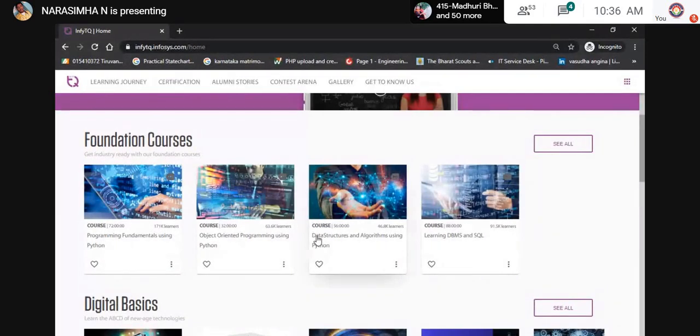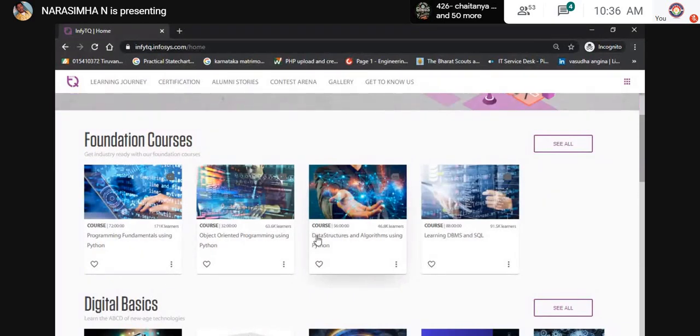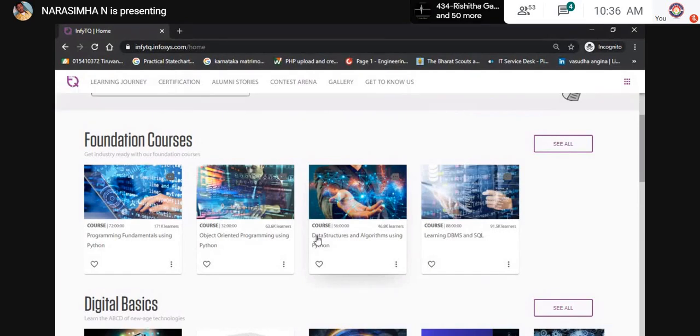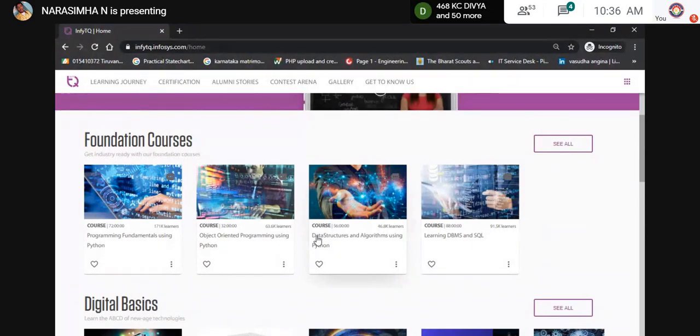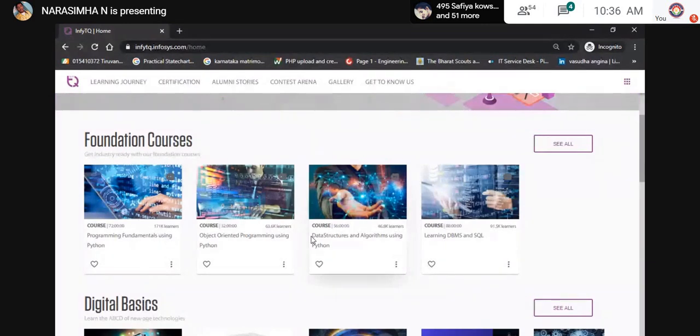Then coming to object oriented, here we learned about object oriented programming terminologies, something like class, object, polymorphism, encapsulation, and so on. Next is how to initialize the data, what is an instance method, what is a static method, how to declare an instantiation in Python, and how to inherit from others.